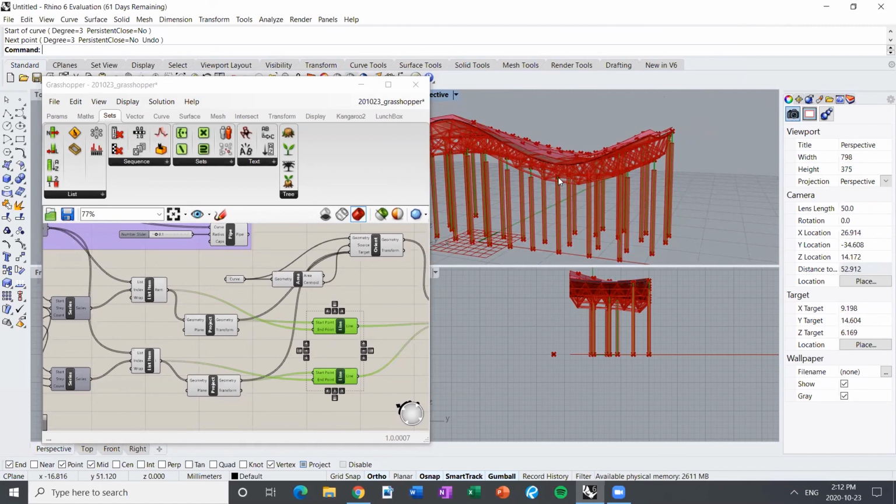It almost seems like they're kind of offset. Yeah. So let's target geometry. Geometry and